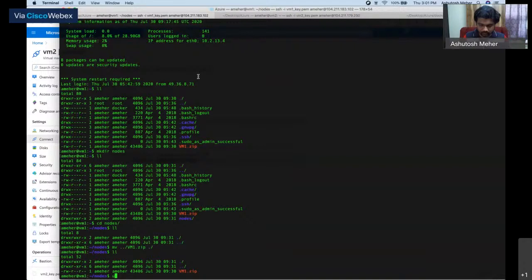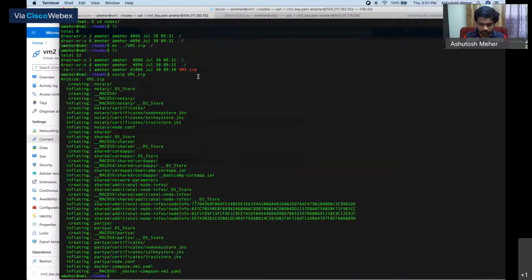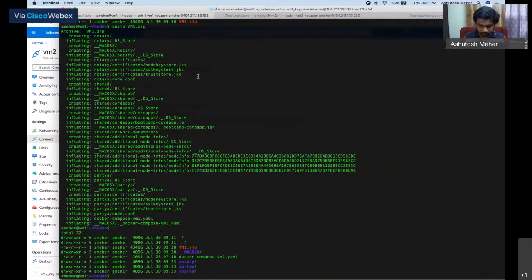All right, and zip. Perfect. We have everything here, and all I have to do is just remove this file.